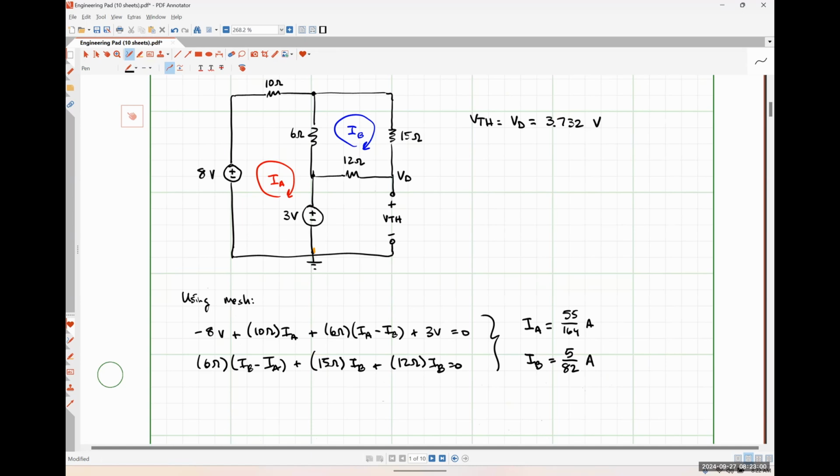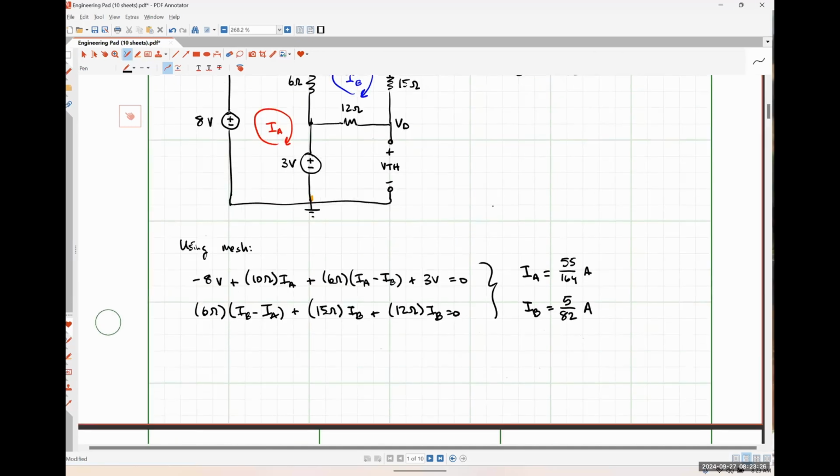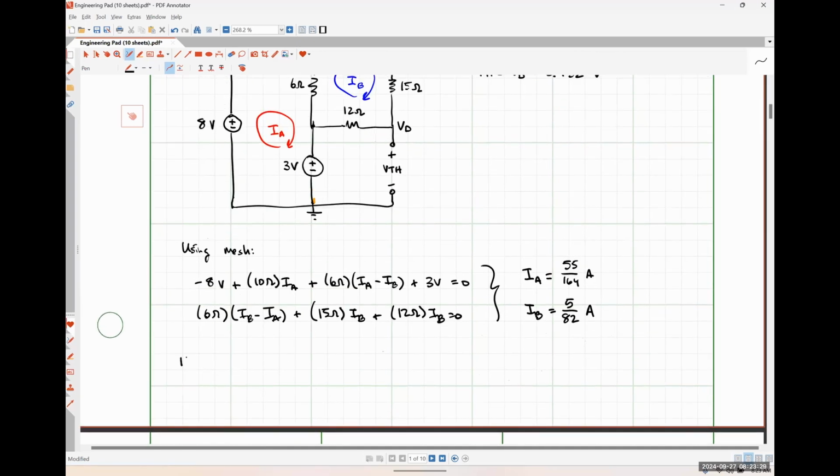Now that we know these mesh currents, how might we go about solving for VTH? This is effectively where we're going to apply Kirchhoff's voltage law to that third, not really a mesh, because now that we know what our currents are, we know the voltage drop across every resistor just by applying Ohm's law, so we can write KVL around that bottom right-hand loop in order to figure out what VTH is. So applying KVL at the bottom right-hand loop,